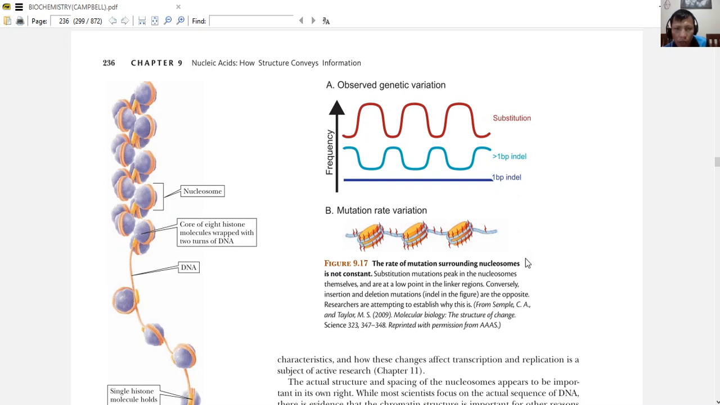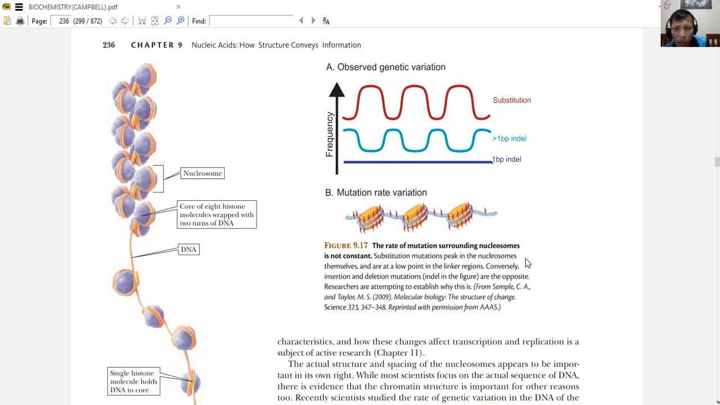Observe genetic variation. The rate of mutation surrounding nucleosomes is not constant. Substitution mutations peak in the nucleosomes themselves and are at a low point in the linker region. Conversely, insertion and deletion, I think I have already, the video is long enough, so I stop at